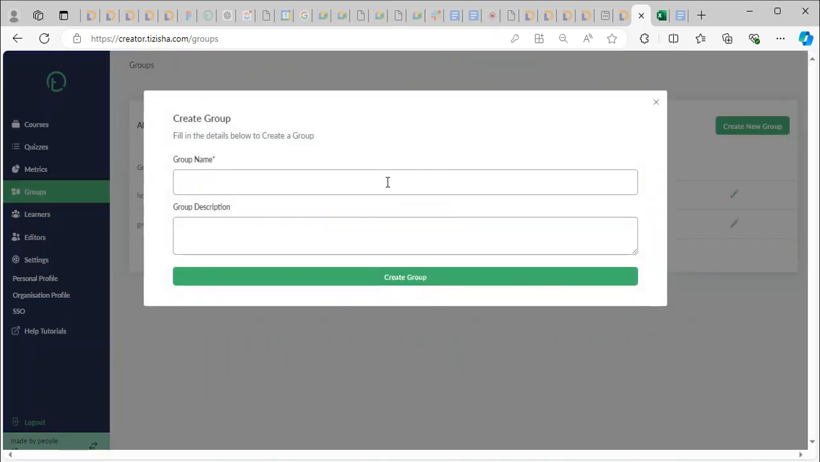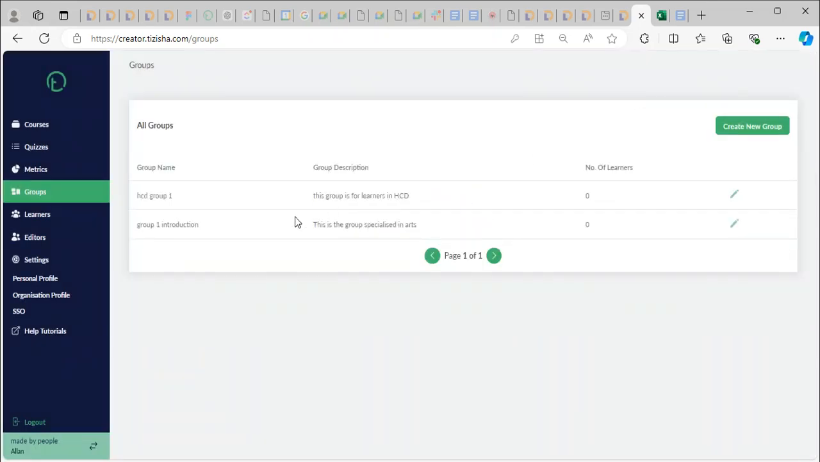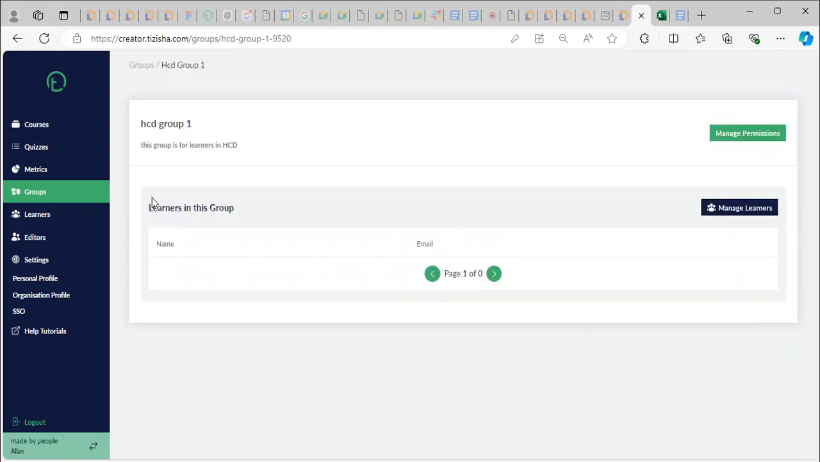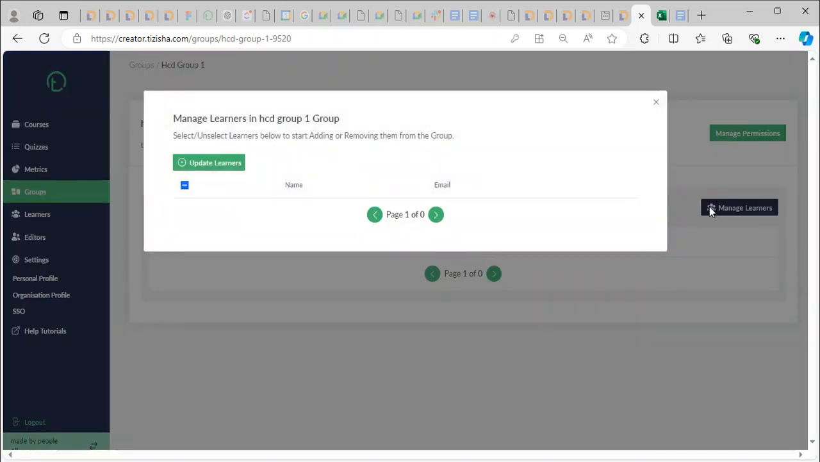You'll have a specific group. Maybe you want to group your learners according to a specific course. So you'll be able to have the group name and the group description. Yeah, right there. So say for instance, I have here HCD group 1. I can click on this. You can always manage learners from this section. If you have the learners here,